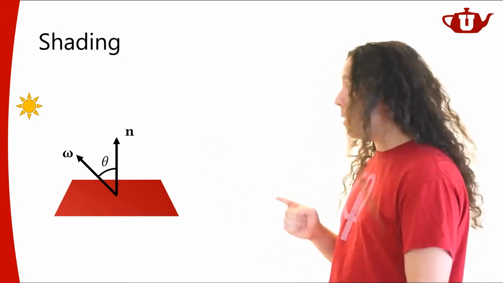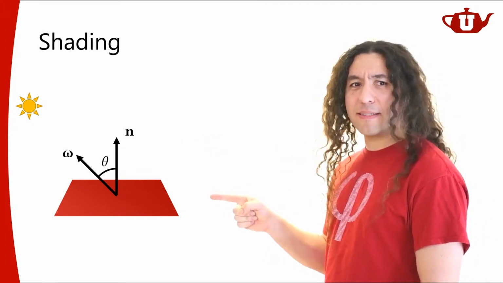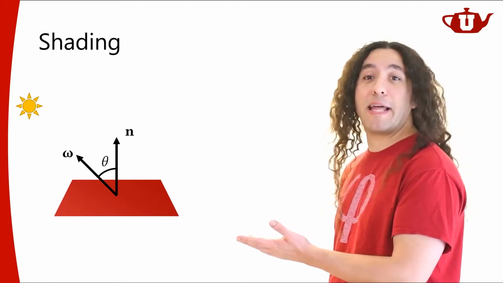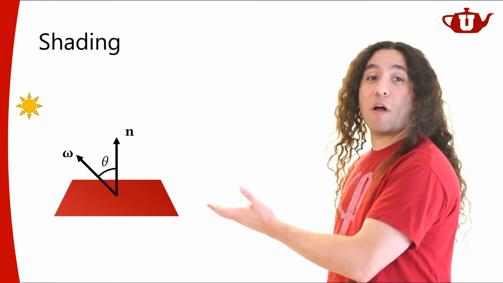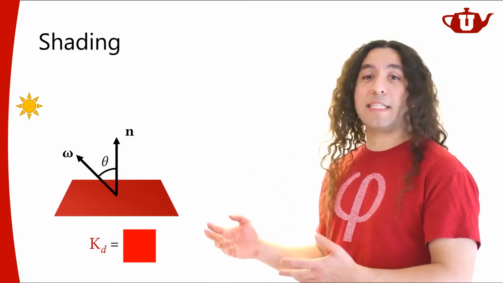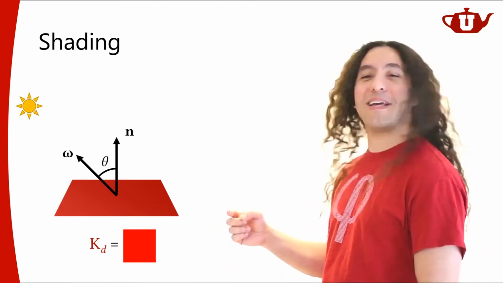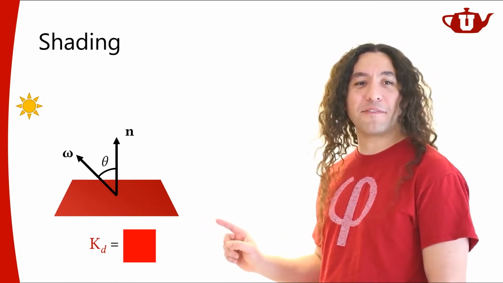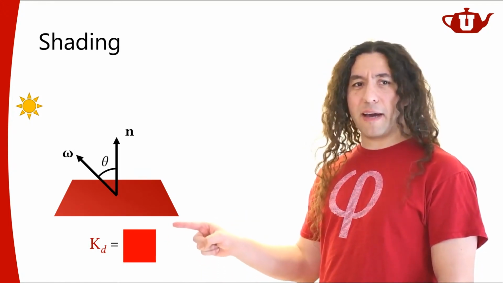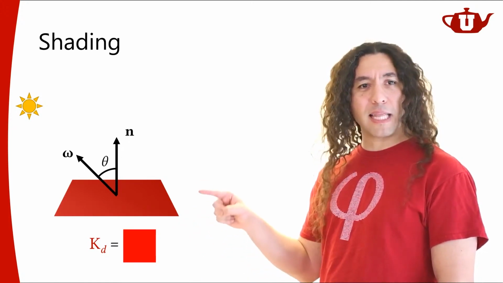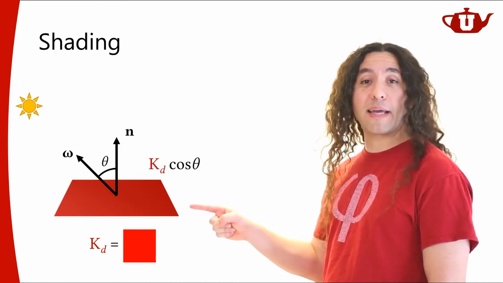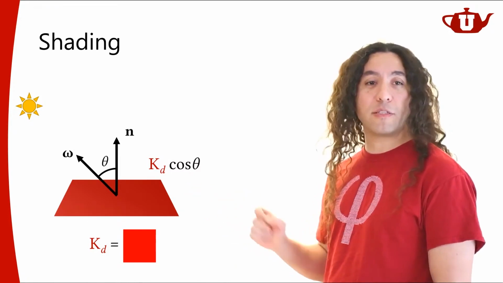Now, I said this was red. How did I do that? Well, I had to specify that. I said that this material on this surface was red. So let's give it some name. Let's say KD, for reasons that will be a little more clear later on. I'm going to call this KD for now. And this was red, and you see it's not the same shade of red now. This is a little bit darker, because light is coming from an angle. So what I see here is more like KD times cosine theta, KD times the geometry term.